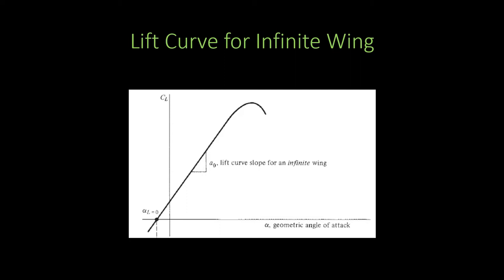For an infinite wing, this is how lift varies with angle of attack. As alpha increases, the CL value increases and it reaches some maximum value, CL max. After CL max, there will be stall and the flow separates suddenly on the airfoil and the aircraft loses its lift. In fact, due to the loss of lift, the aircraft loses height suddenly and the pilot is not able to recover. This may also lead to an accident.